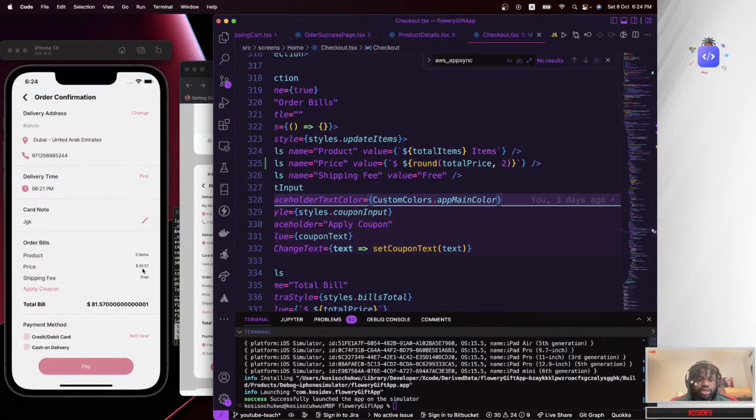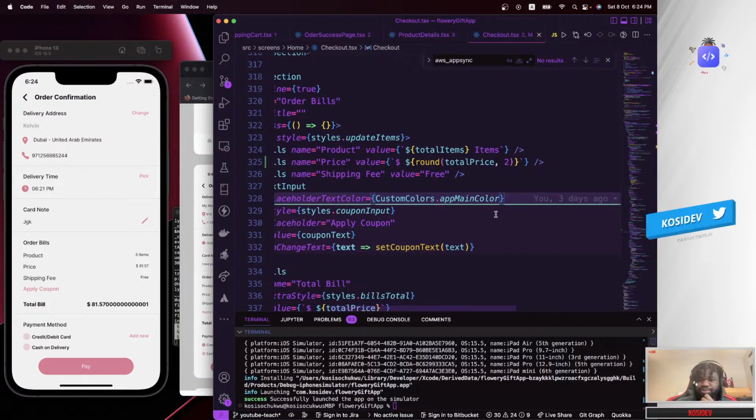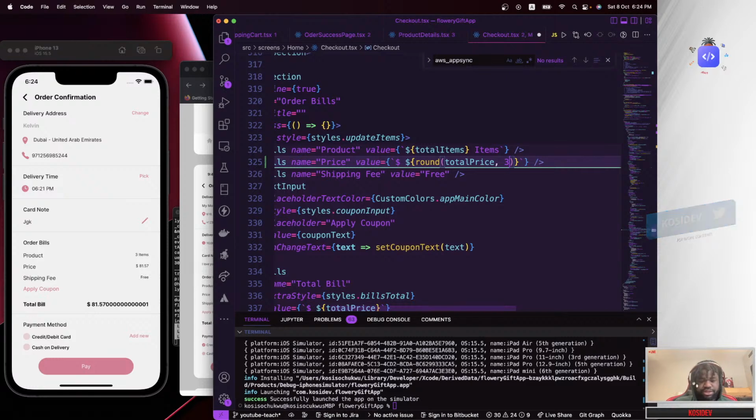I can actually see this has already been fixed. Now we have 2 decimal places, instead of the whole numbers at the back, that's up to, I don't know, at least 10 decimal places. But yeah, we can actually make this 3 decimal places. If you save that, you can actually see,